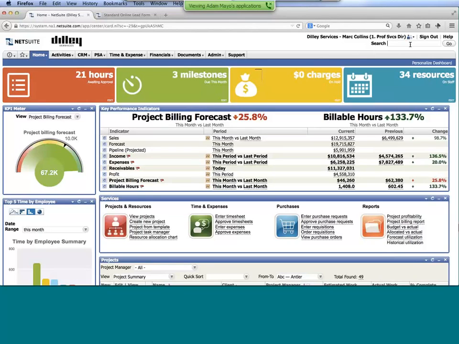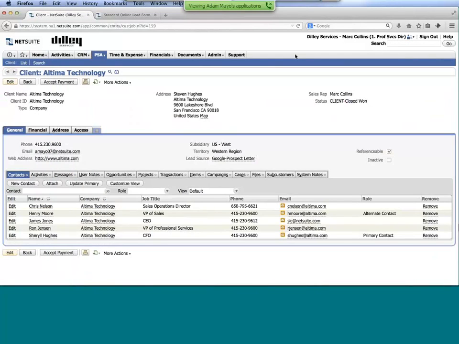Before we do that, I'm going to pull up that customer again, Ultima, and just talk a little bit about what we refer to as Client 360. Again, this talks more about the power of having multiple systems in one consolidated solution, which in this case is NetSuite. So we have our CRM and sales and marketing, our project management, our financials all in one tool. So here we have our client record for Ultima.